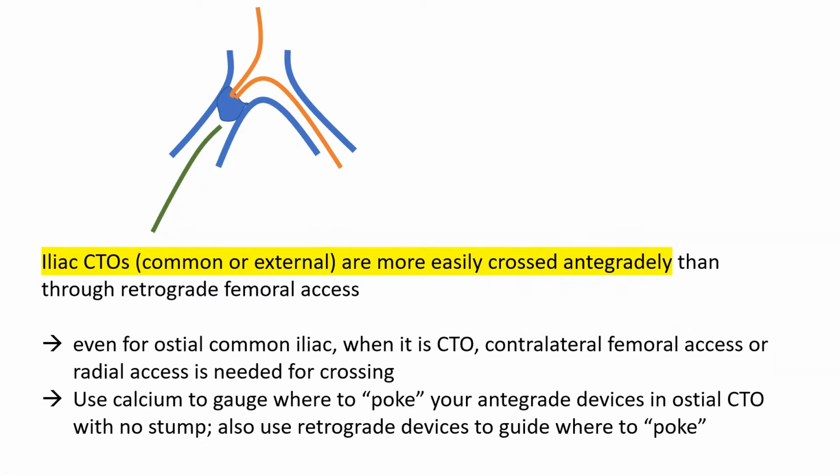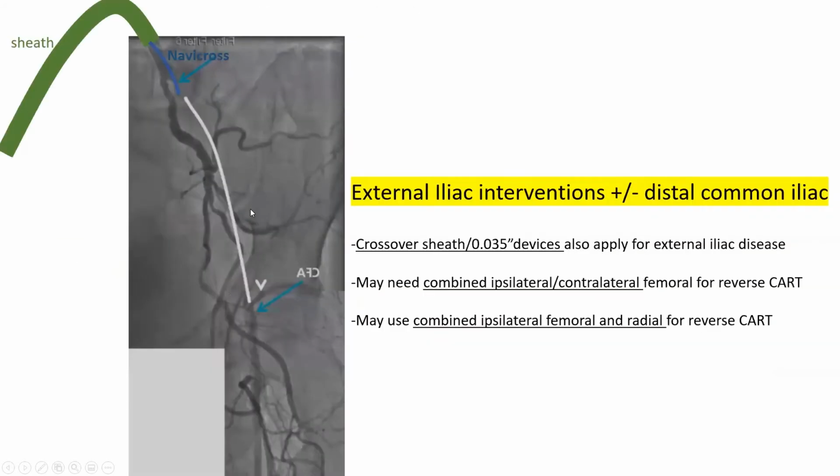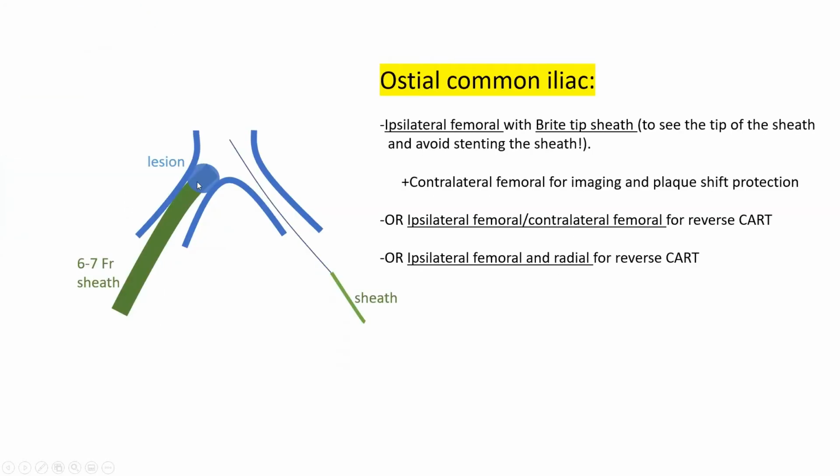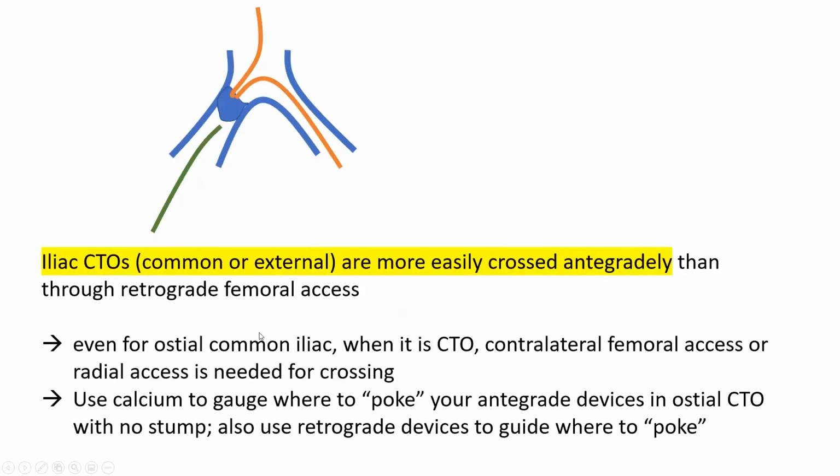Okay. So for those reasons, a lot of times when you have an iliac CTO, you almost have to think, I need to do something antegrade. So if your iliac CTO is external iliac, great. That crossover that you start with will work. And if it doesn't work, you'll stick ipsilaterally and do, like we said, ipsi-contralateral reverse CART. For common iliac artery, you try to cross, but oftentimes when it's totally occluded, I know I'm going to need the contralateral access to help me cross. Okay. So even for ostial common iliac, when it's a CTO, contralateral femoral access or radial access is needed for crossing